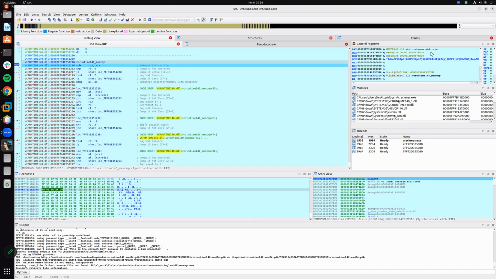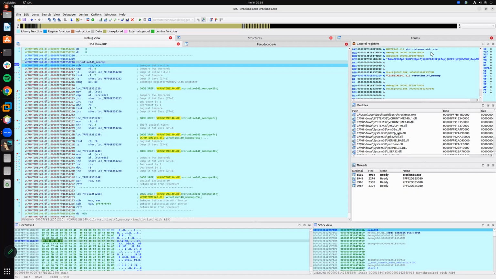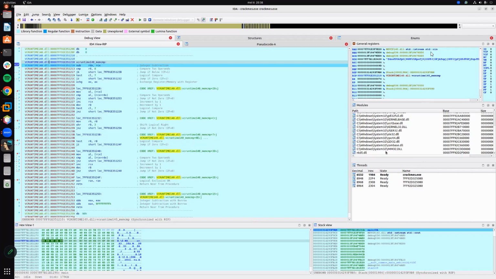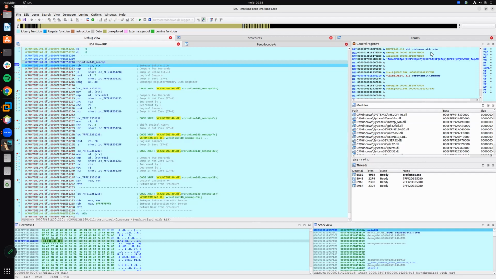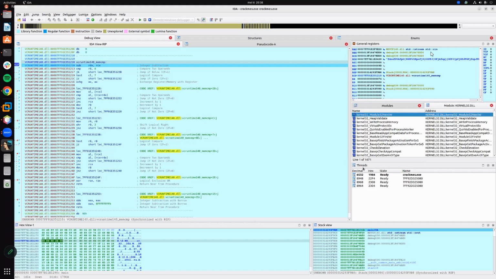You can see the modules that are loaded here. And in case you want to look for some specific modules, for example, kernel32, ntdll, you can double click on those DLLs like that. And then you can see all these modules, and you can also look for